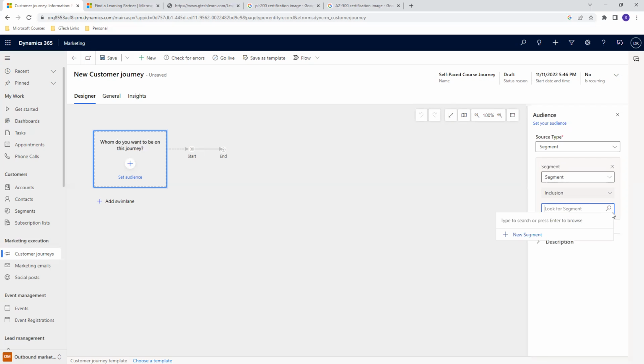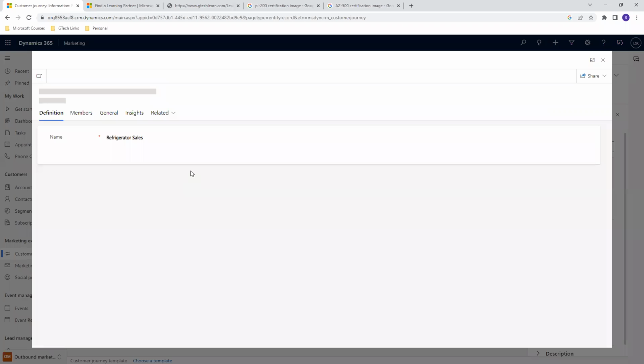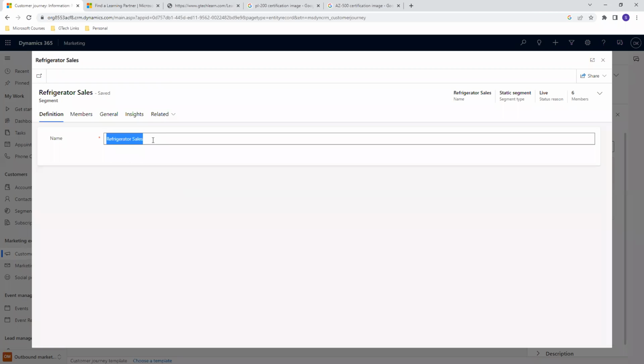What is going to be the inclusion, which segment do I want to include? I would say I want to include this refrigerator sales segment. However, you can select your own. Because I have created my refrigerator sales, I'm going to name it refrigerator sales. Let me just rename this segment as well. So instead of this refrigerator sale, I would say